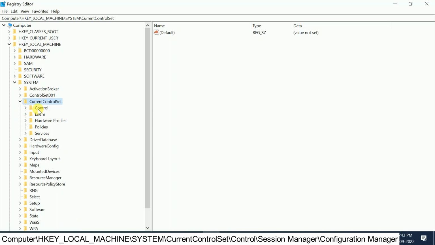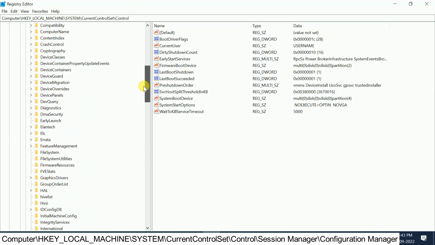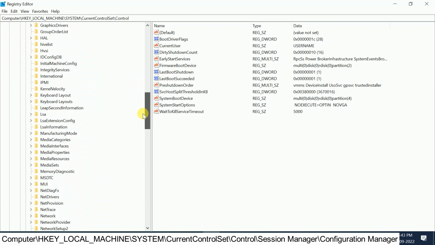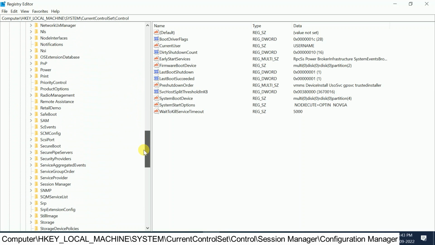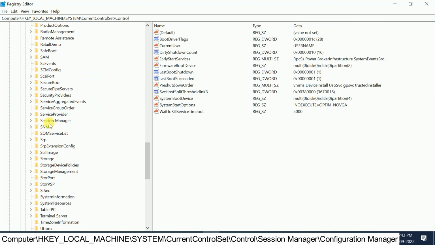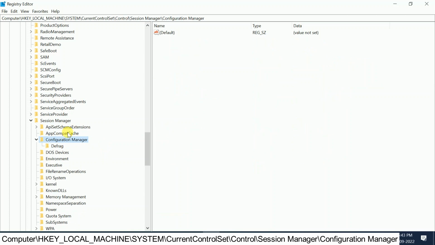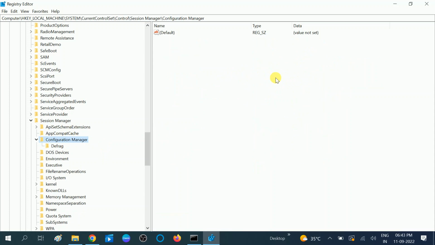Now double click on Control. Now look for Session Manager, scroll down in the S series. This is Session Manager, double click on it. Now look for Configuration Manager, this is the option, double click on it and come to the right side in the blank pane, right click here, New, then click on DWORD 32-bit